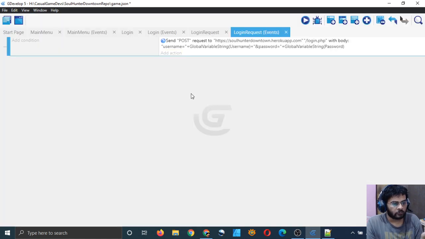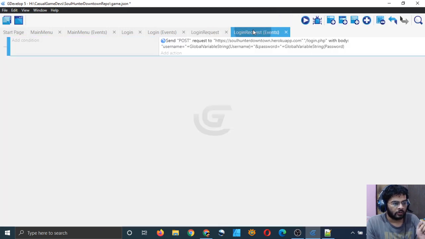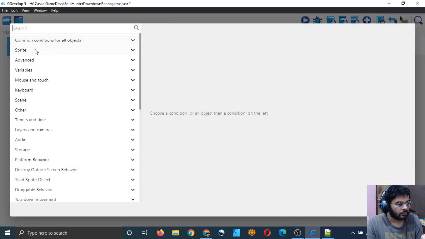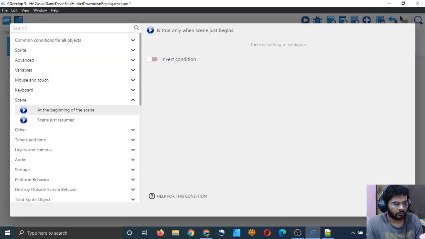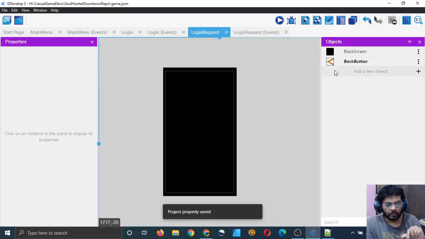Okay, cool. In the login request, I have the variable, and I will choose to do it at the beginning of the scene, not all the time. So that's good, I will have the content of the variable.